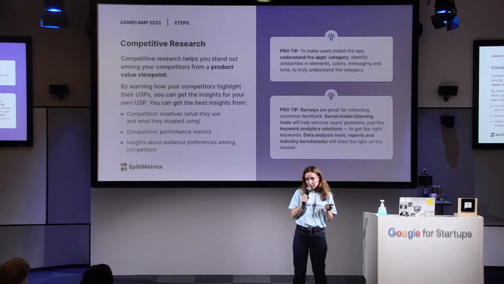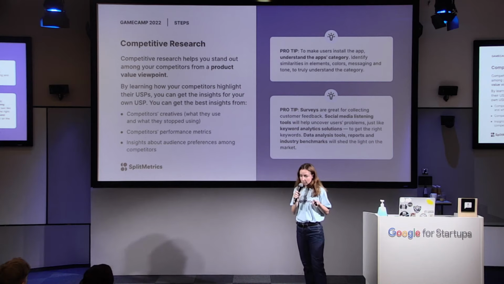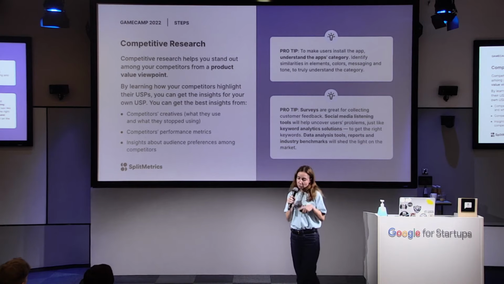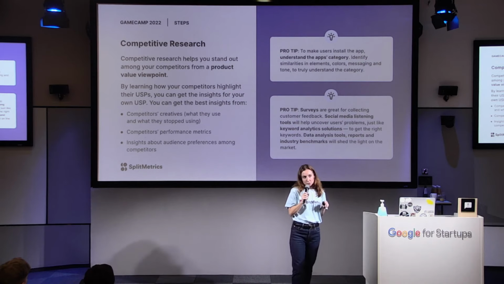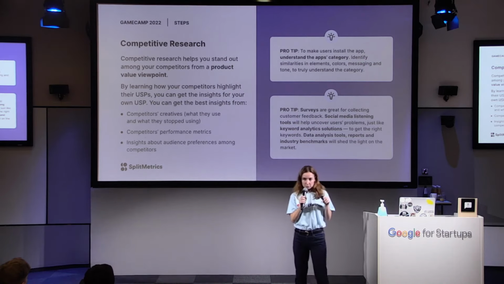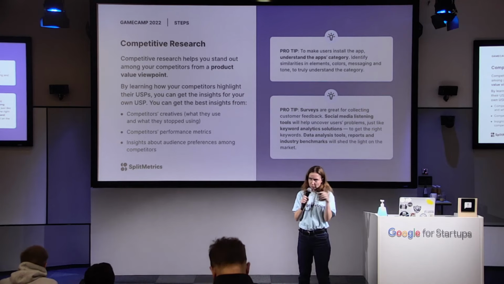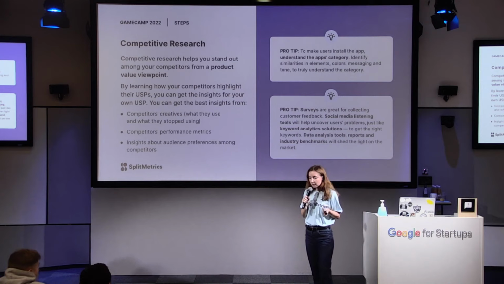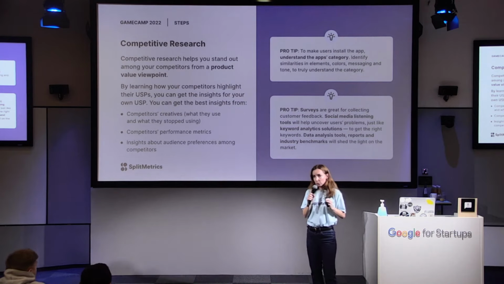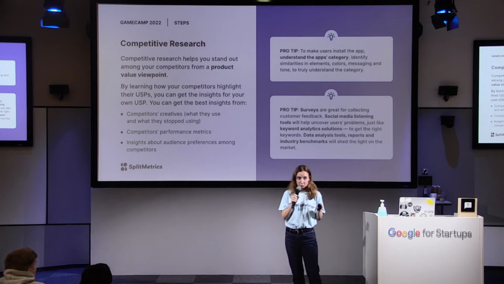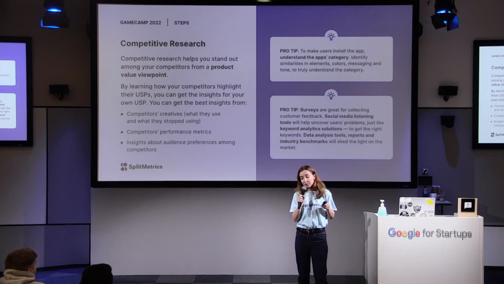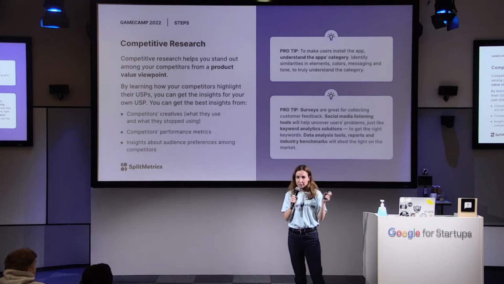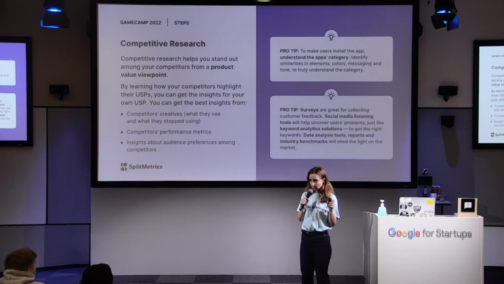About competitive research, the tip here is to check the icons, check the screenshots. I will show it a little bit later on the next slide. Also check the USPs. This means paying attention to the words that your competitors choose for their games, in their advertising. My favorite part is to analyze the competitors' advertising. It's really easy and it's free. Just go to Facebook, to the page of your competitors, and check the page transparency, ads library, and you see all the creatives that your competitors are using.